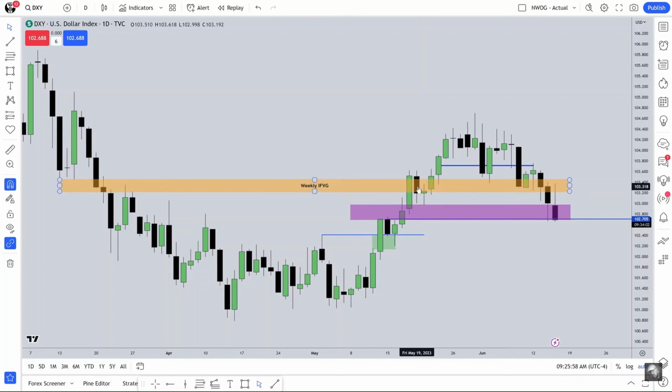What's it going to do? Is it going to go higher or is it going to go lower? And you only need to determine one of two things. It's going to go up for buy stops above an old high, or it's going to go up to an inefficiency, which is a fair value gap above market price. If it's going to go lower, it's reaching for some inefficiency, which is a fair value gap below price,